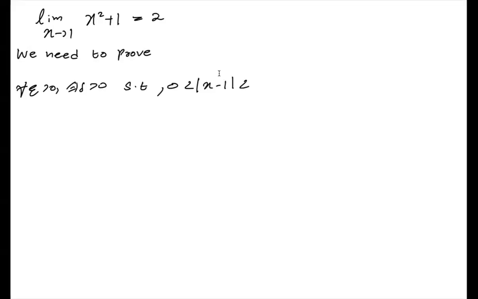So if I need to prove this, my definition would be: for all epsilon greater than 0, there is a delta greater than 0 such that 0 less than the absolute value of x minus 1 less than delta implies the absolute value of x squared plus 1 minus 2 is less than epsilon. In other words,